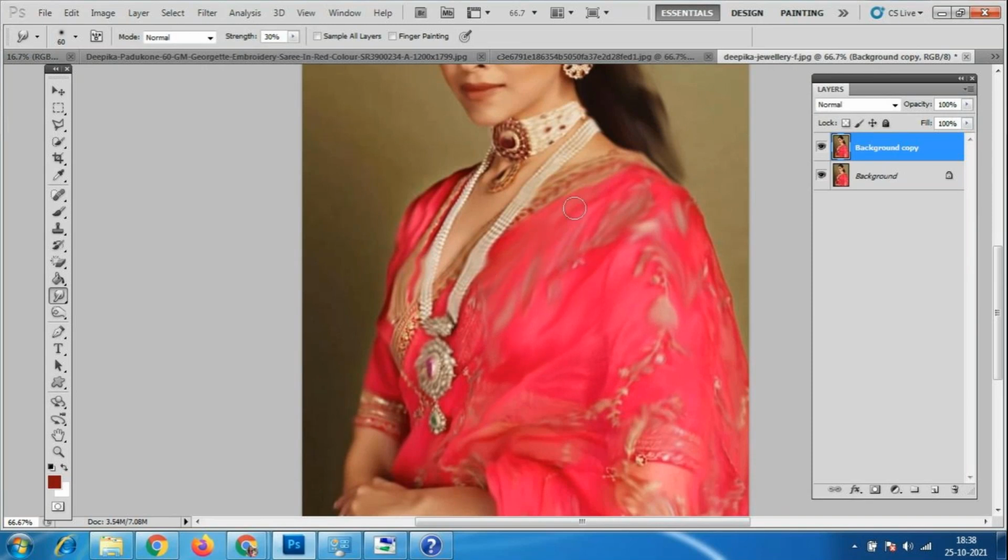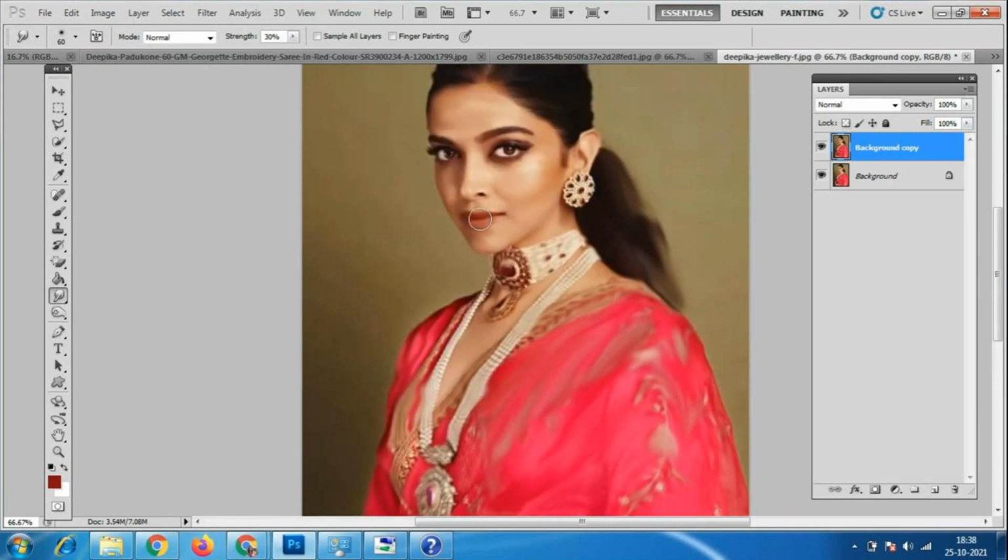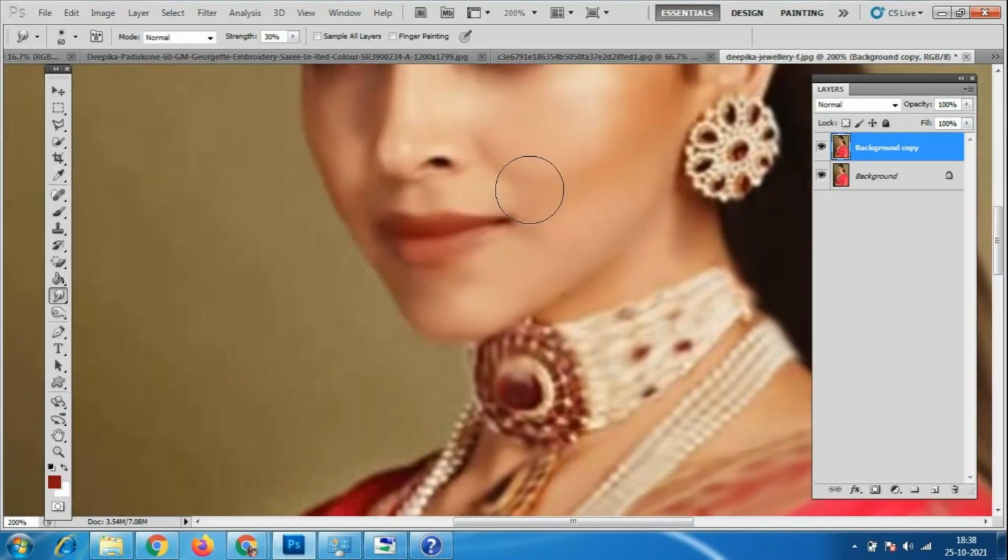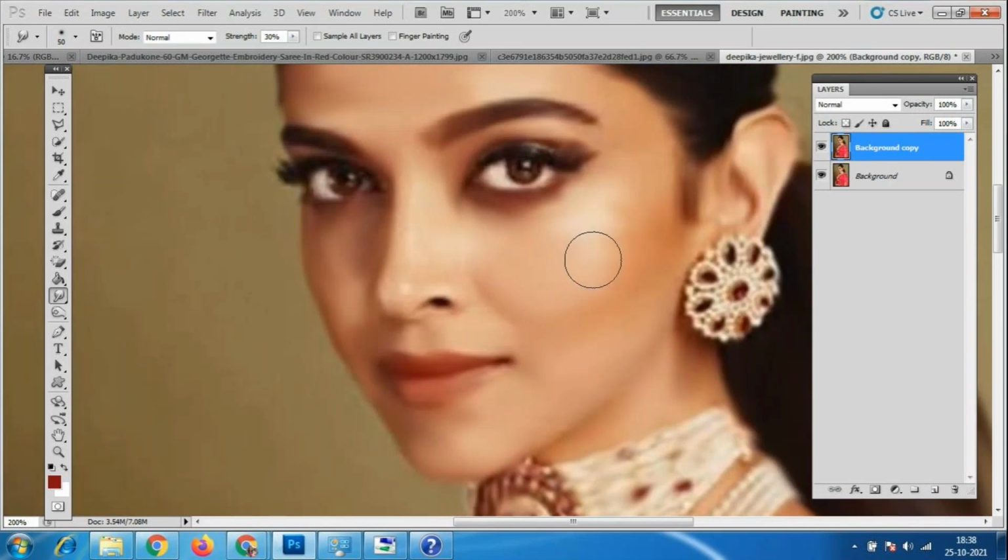So we have to take the color and we have to mix it. We have to mix in the face also, we have 2, 3 colors. So we have to mix the colors. Now if I drag this dark color, the dark circle is more here. So we have to mix the color according to the area.